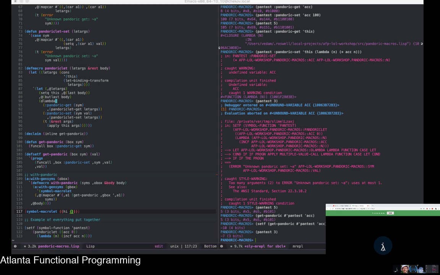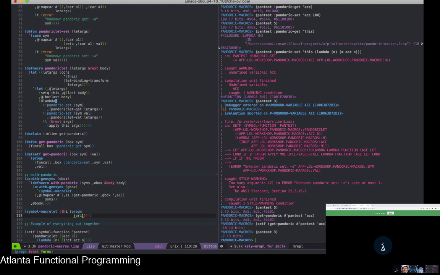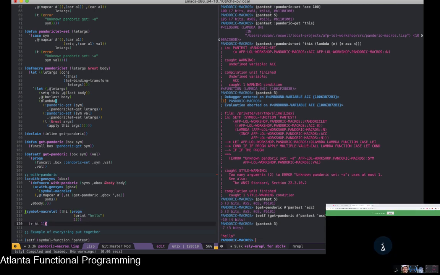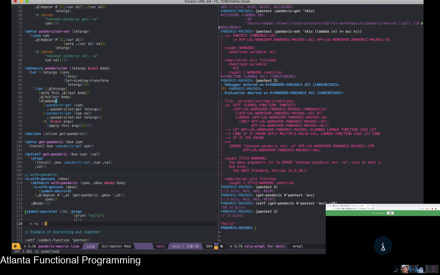Actually, let me do this. Progn. I shouldn't use progn, but I'm going to, for the time being, use progn. Do 1, and if you do plus hi 1, this thing, if you run it, should have actually printed out 2, but it wouldn't print out 2 because you don't have to print that. Okay, so